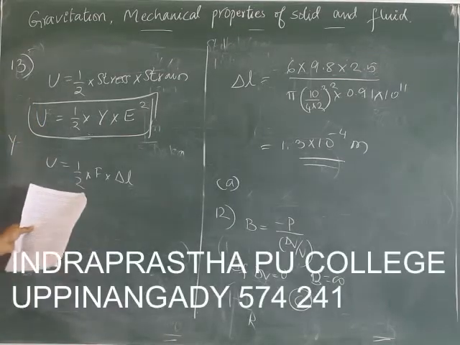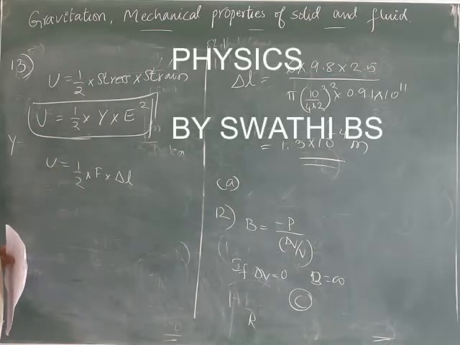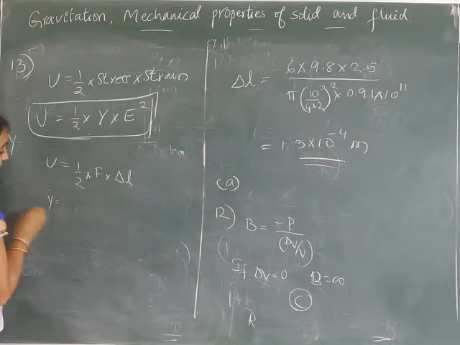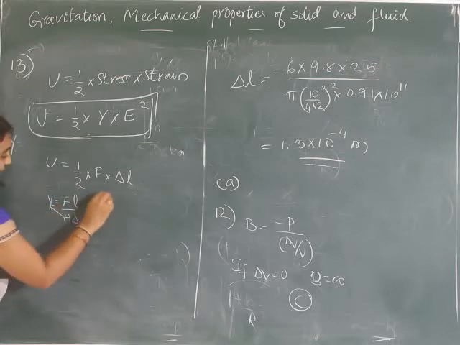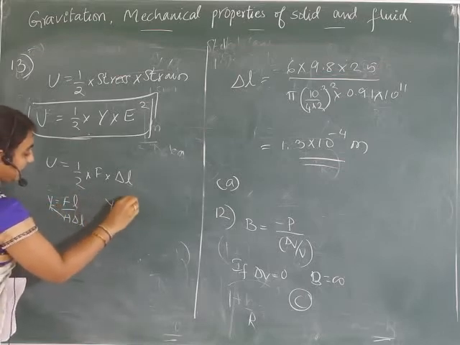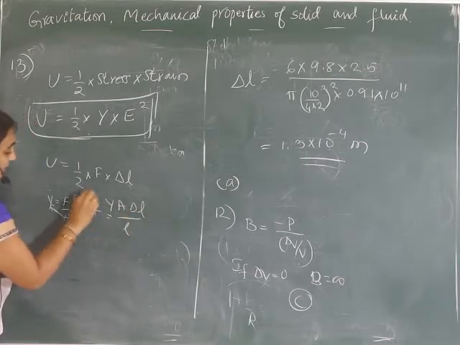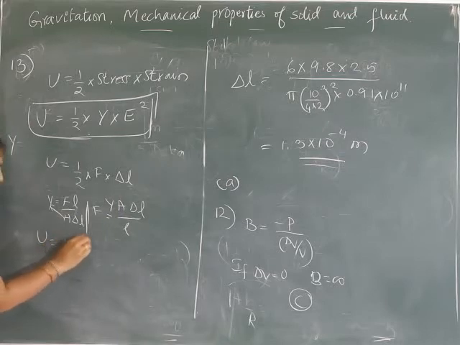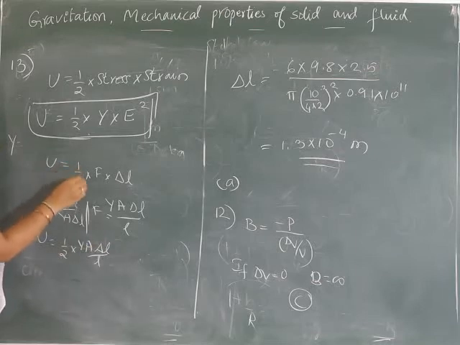So you understood, I think, how we got this. See, we know U is equal to half into delta L, correct? But in the place of S, we know Y is equal to F by A into delta L by L, correct? So I can write YA delta L by L is equal to F. So in the place of F, if I substitute half into YA delta L by L, actually this is for